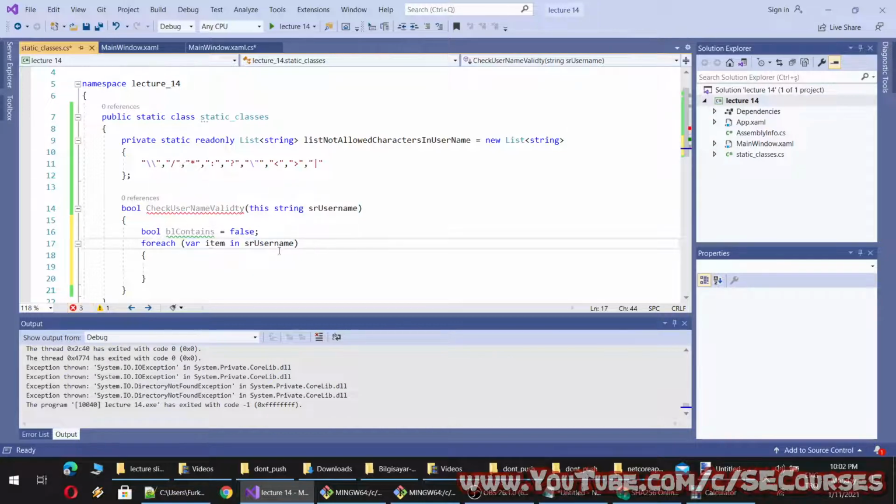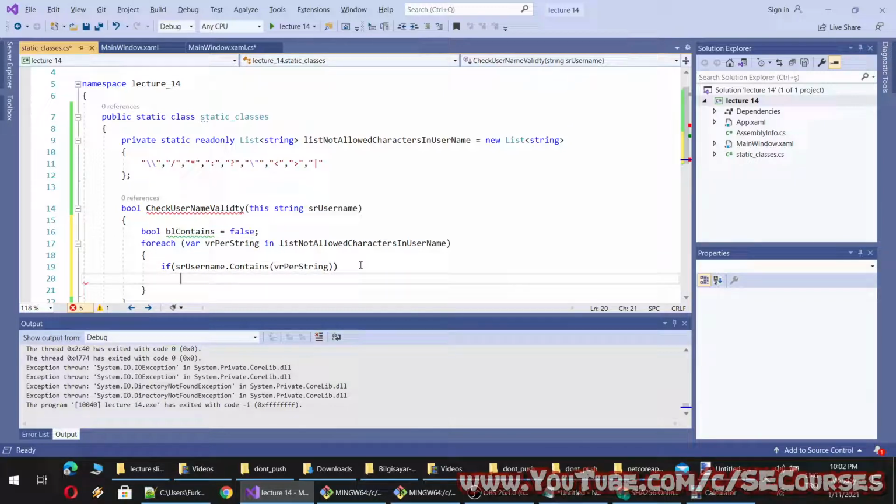Okay, and we can iterate through these strings as string, and if the username contains this string, we can return false.